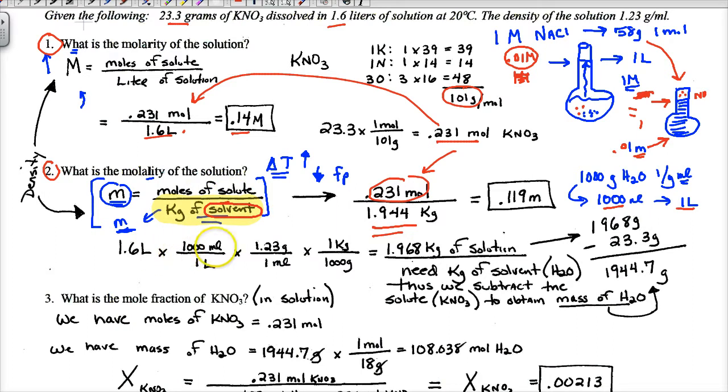Okay? So I took my 1.6 liters, converted to milliliters, and I used the density formula to convert my volume into mass. Then I convert it to kilograms. Now this was kilograms of solution. I knew that there was